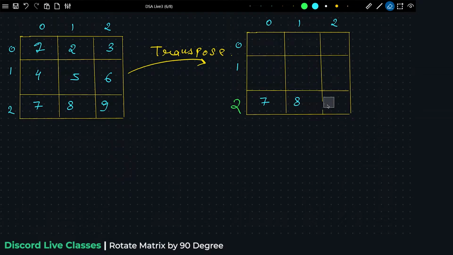Basically, what I can say here is that I need to rotate this particular matrix by 90 degrees. What I have to do is rotate the matrix by 90 degrees, but before that, what I will do, I will